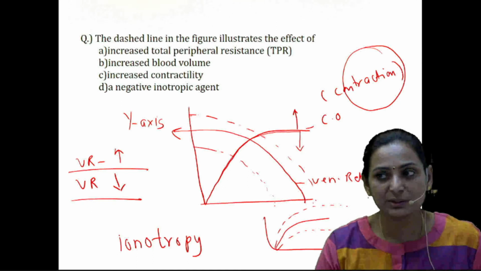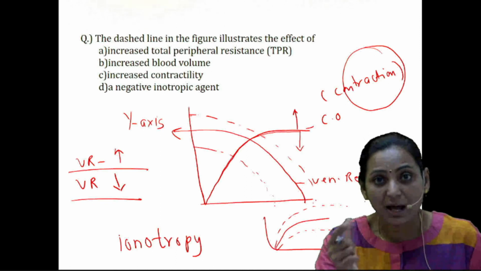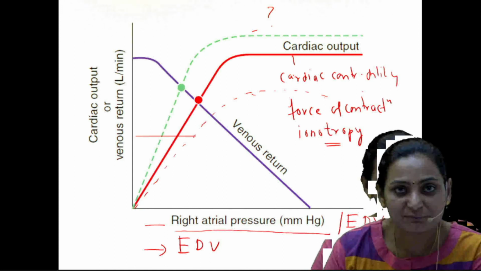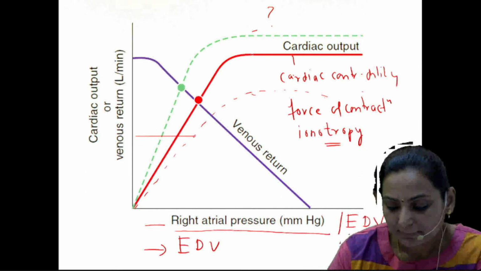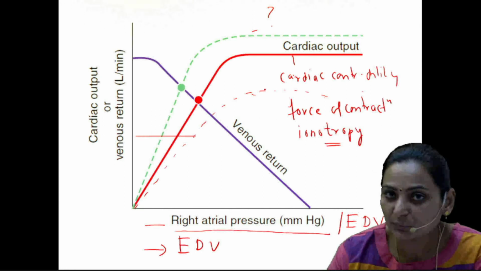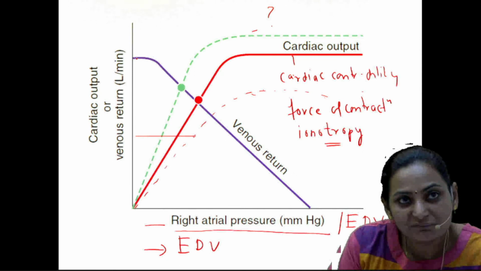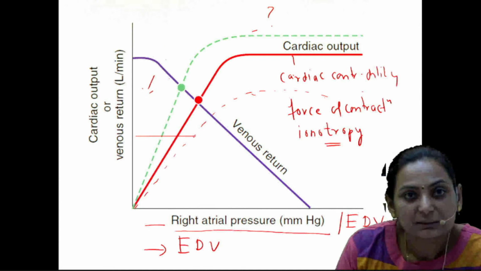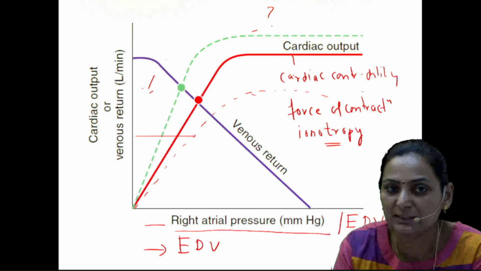Recently there was also a question in AIIMS MDS, this time related to the arteriolar and venous compliance graph. So likewise, simple graphs are important for us. What we have to remember is that when a graph starts from the x-axis and shifts upward or downward, that is purely because of force of contraction of the heart, which we call inotropy. When the graph which starts from the y-axis is shifting, it is purely because of venous return, that is, an increase or decrease in venous return.